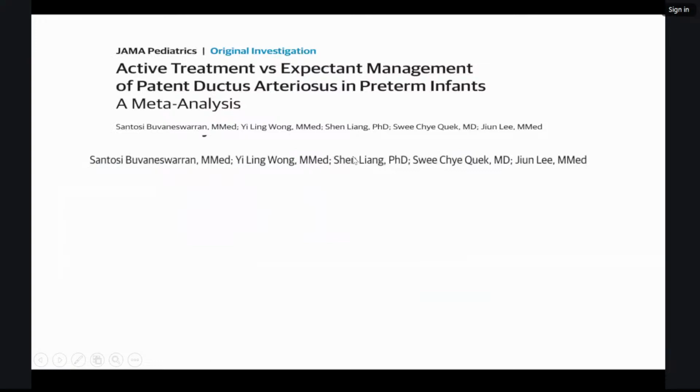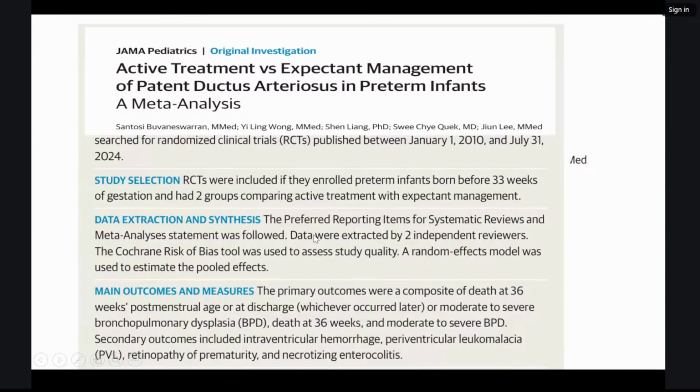So this is again a recent meta-analysis which was published in JAMA Pediatrics by Santoshi et al. in 2025. They have compared active treatment versus expectant management of PDA in preterm infants. The primary outcome was the composite outcome of death at 36 weeks PMA and moderate to severe BPD at 36 weeks PMA, and secondary outcomes are IVH, PVL, retinopathy of prematurity and